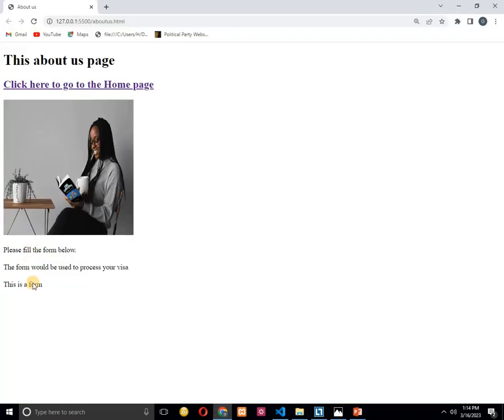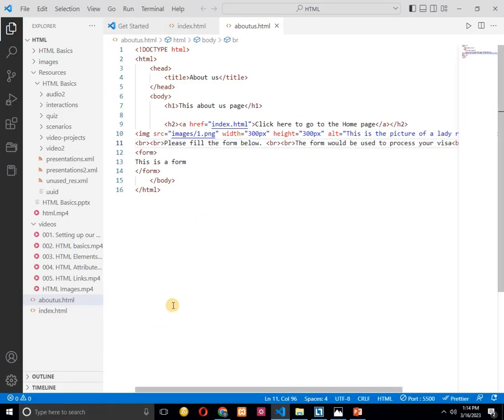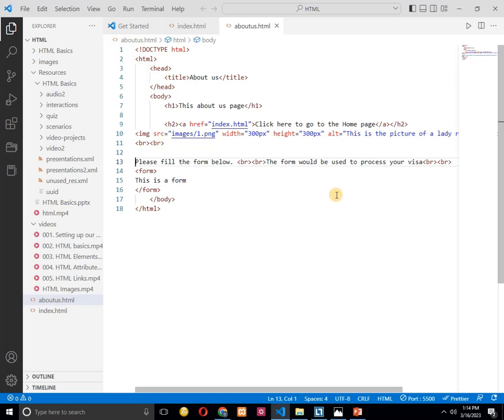Okay, so it breaks the line. Instead of the text being in a single line or the pictures being in a single line, with the break tag we can break the single line and make them come below. So usually you can make it more readable by breaking it like this. Alright,